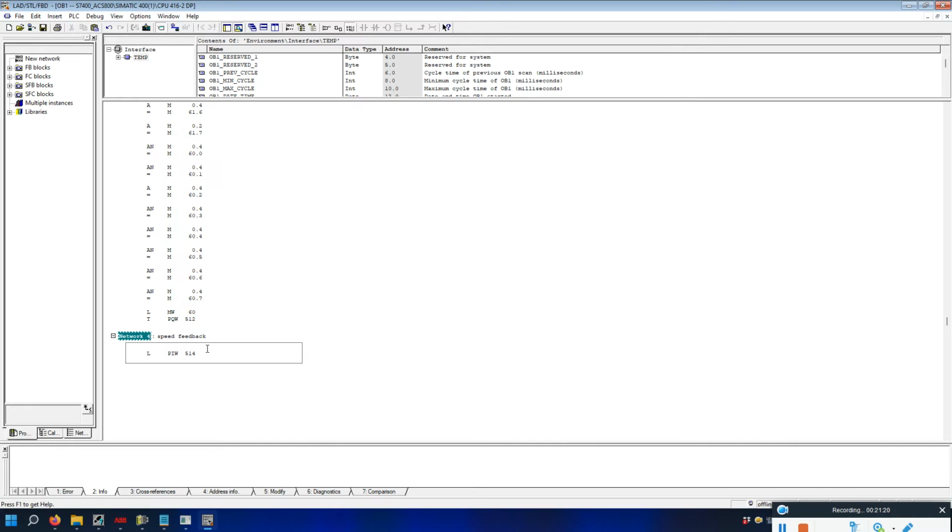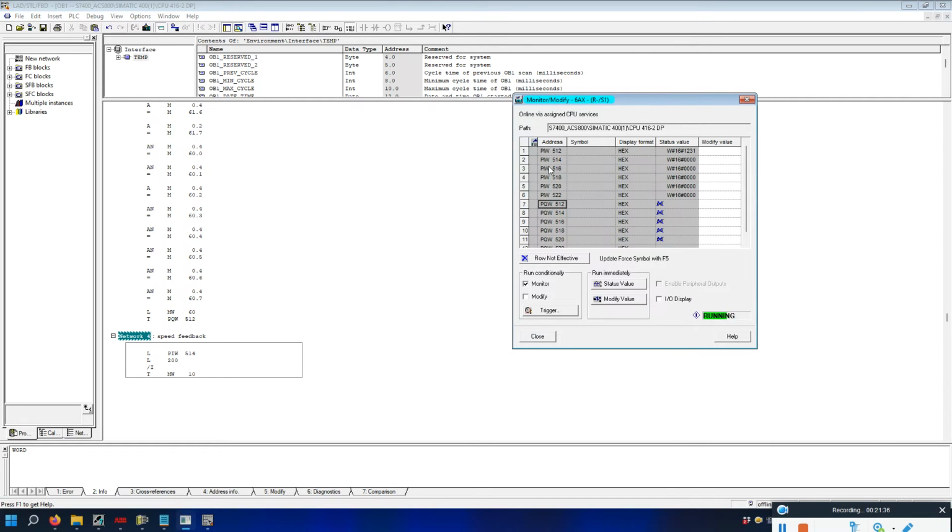PAW514, 200, divide. So what I did is I loaded the speed feedback, that is PAW514, then I divide by 200 and I will make it an integer and transfer to memory word 10. Okay,